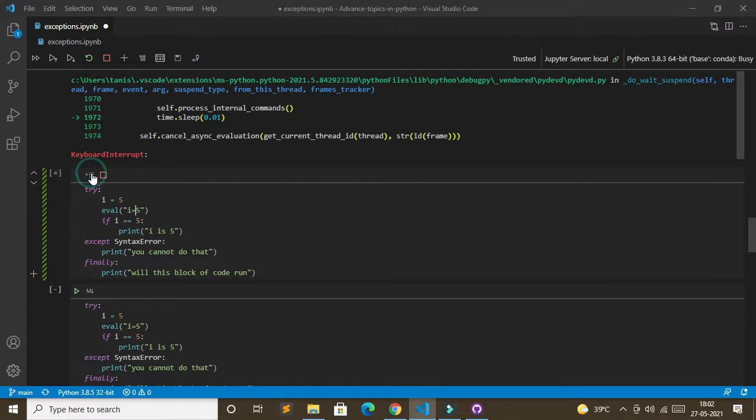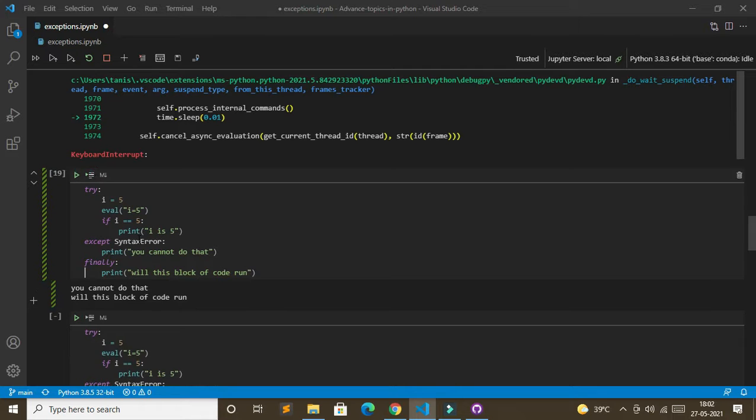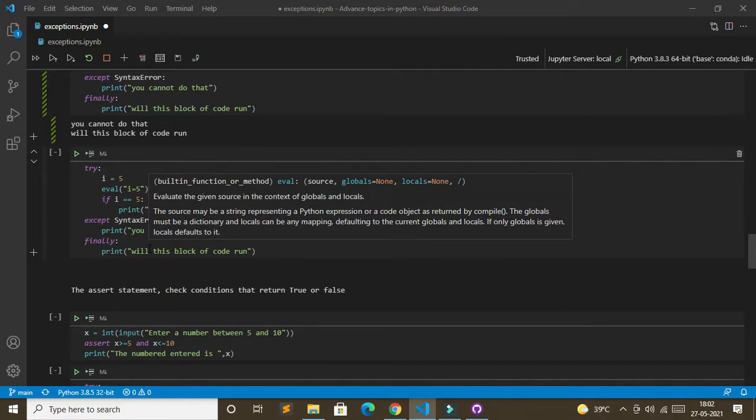Let's just have an error. So we are going to pass this. Now an error is raised, so it will go to syntax error: you cannot do that. But see, this time again it is going to print, will this block of code run? Yes, it will run. So yeah, that's it about